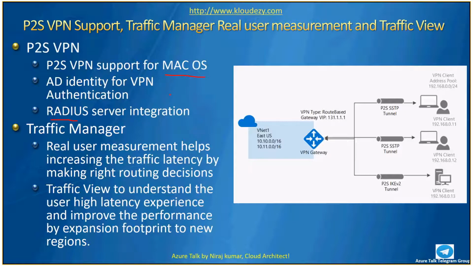Again, it's a point to site VPN. Usually you use this VPN to connect a developer's workstation to a dev test environment in Azure. You don't use point to site VPN for connecting on premise to cloud. You usually use site-to-site VPN or ExpressRoute. But this is point-to-site, used by a developer trying to connect to their dev test environment in Azure.